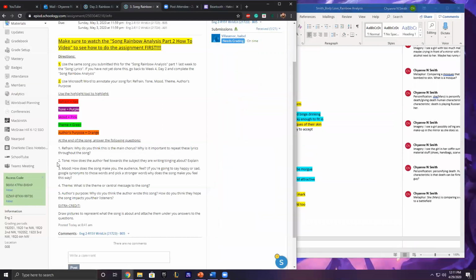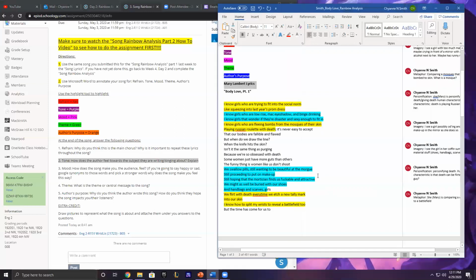The question for number 2 is, how does the author feel towards the subject they are writing about? Explain. So you might need to think about that before you look for the evidence to highlight. So like I said, I thought that this song sounds like she's a little bit heartbroken. It also sounds lonely, but then at the end it sounds hopeful. So things that I thought sounded heartbroken were,